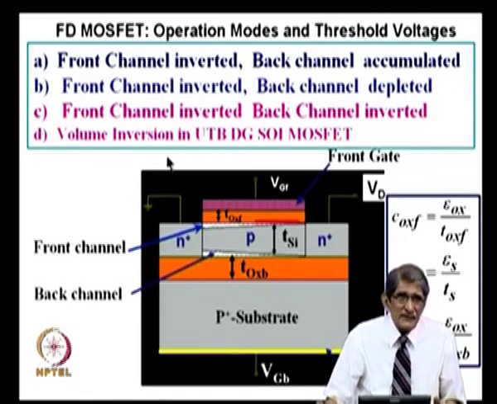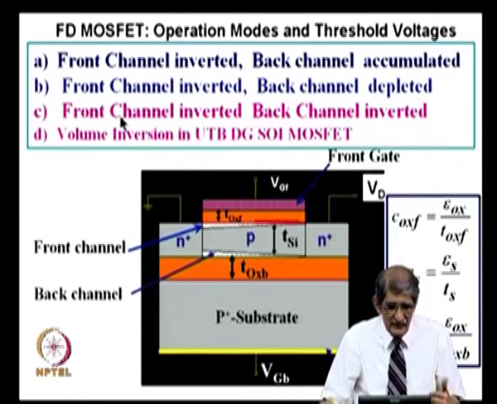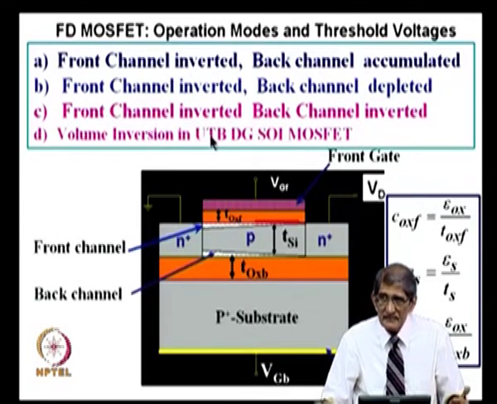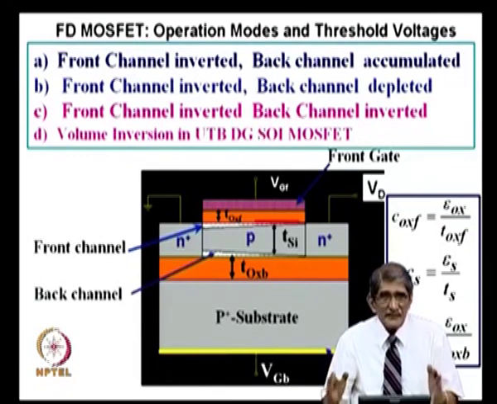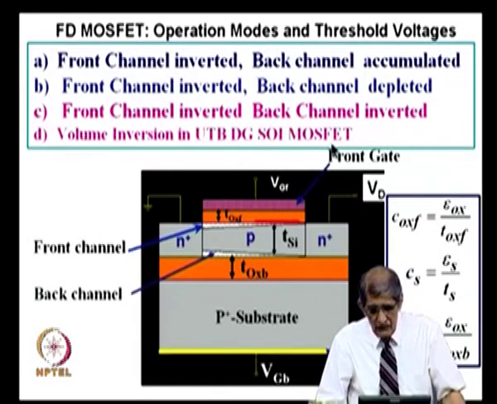There is another class of devices, which is a more sophisticated version of this third version, that is volume inversion: the ultra thin body, UTB, double gate SOI MOSFET. So, today we talk of ultimately ultra thin body. Okay. And in this analysis, unlike in the bulk MOSFET, you will talk of